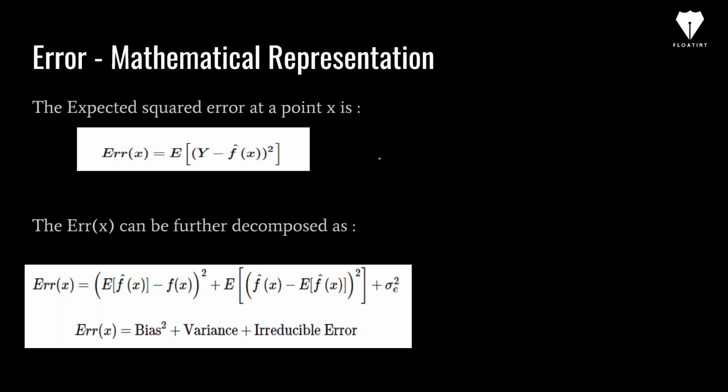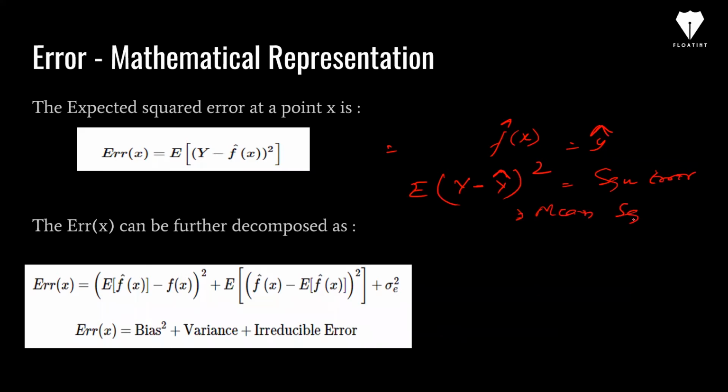The error, how we represent it. So here, what this actually means is this f dash x. This is basically my y predicted, what I have predicted, and when I do y minus y hat, that is the predicted one, and I do the square, then this gives me a squared error, right? This will give me error, and if I put expectation here, expectation will simulate what is the mean squared error.